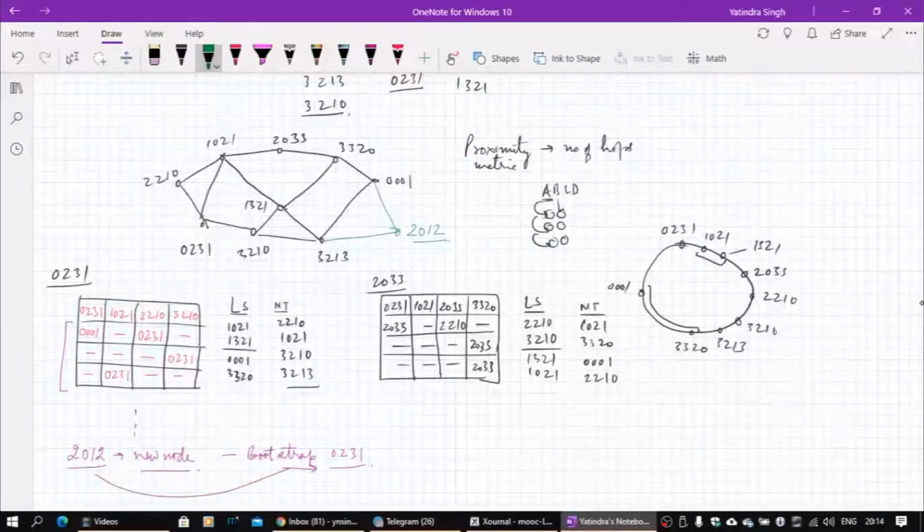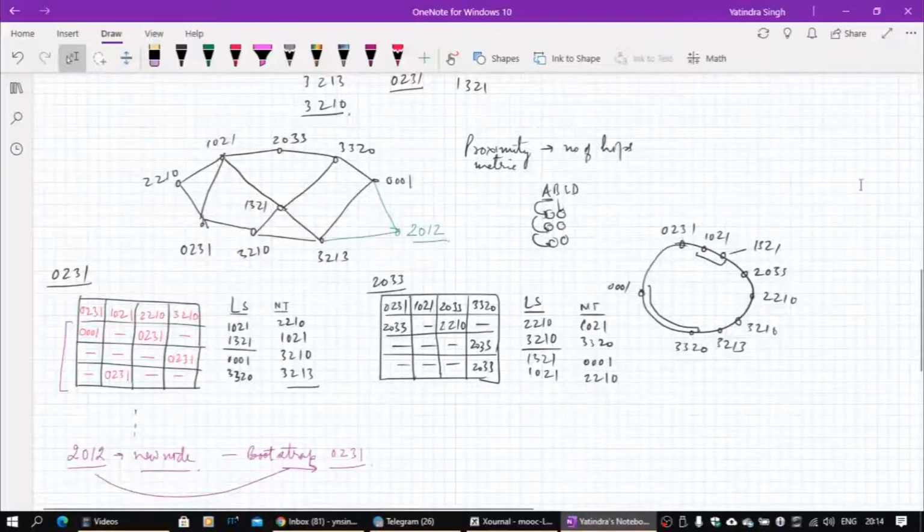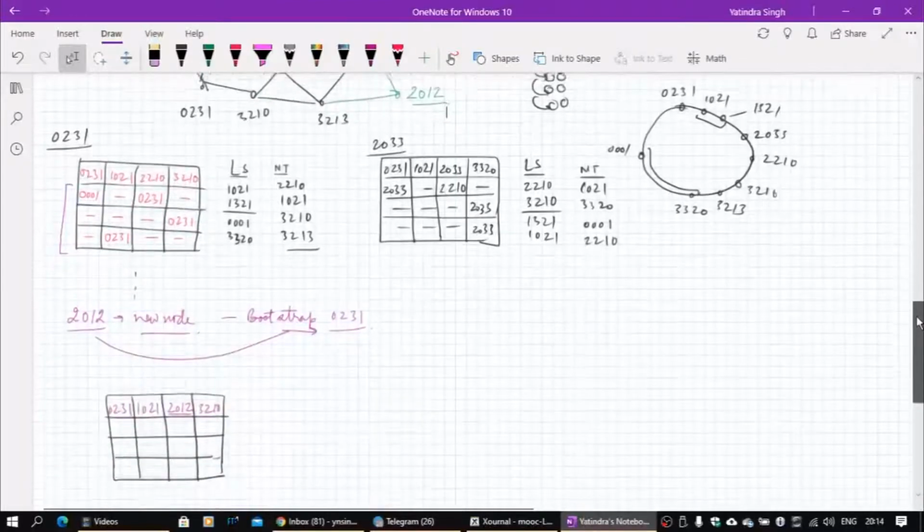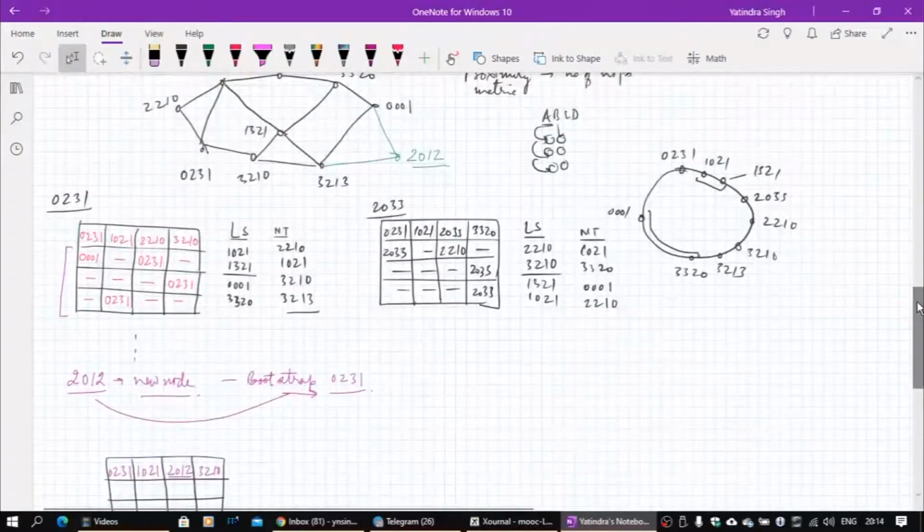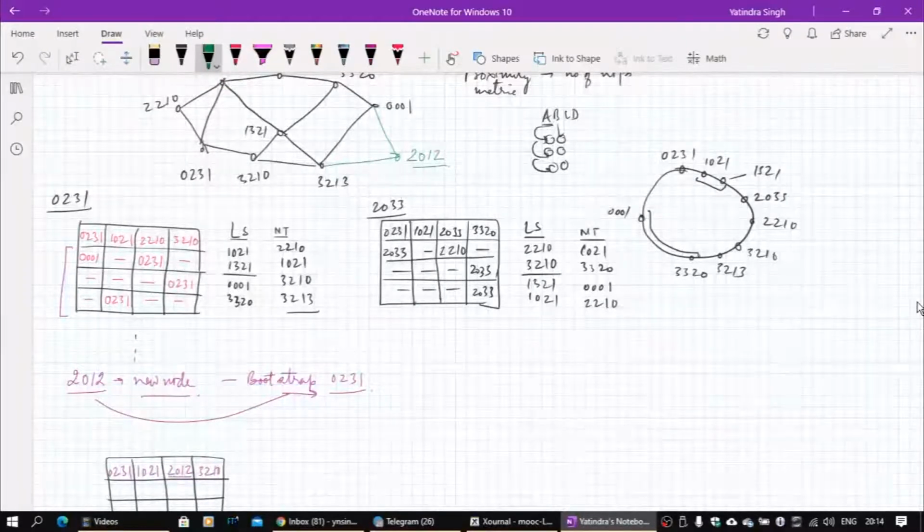Okay. So 2012 is far off compared to 0231, so it won't prefer that, and it will maintain 2210, which is one hop away. So there is no change in the routing table, no change in the neighbor table, and of course, will there be any change in the leaf set?